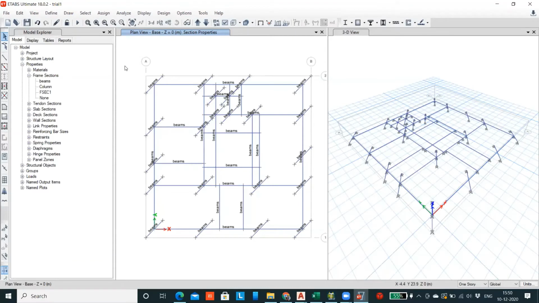Actually, this is in which floor? This is at 0 level.